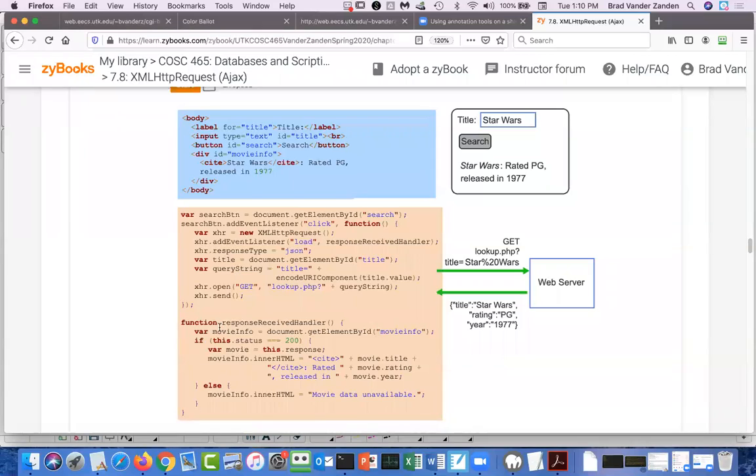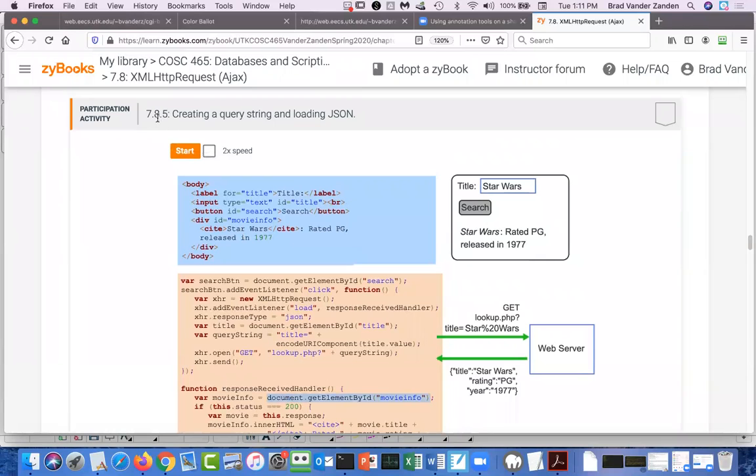And then the response handler down here gives you a really good template for writing the two callback functions, including the right function you have to call on the DOM in order to get your element IDs.